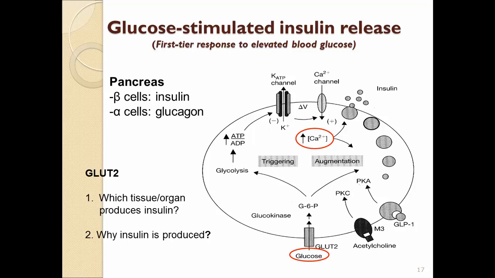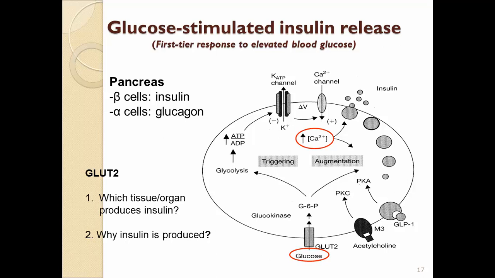You have a lot of ATP made, so the ratio of ATP to ADP increases. And this increase will lead to the potassium channels closing,